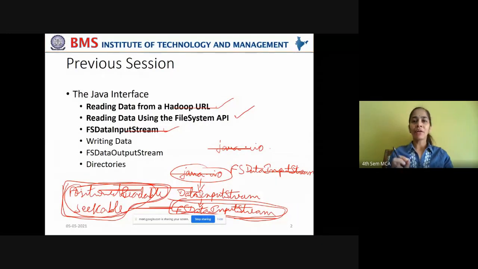They have an abstract method, get position, which will help us to seek the file cursor position in a file from where we can read the data. So you need not compromise to read the data only in a sequential manner. You can read the data randomly also. You can read the data dynamically from a given file position, and you can place the file pointer at a given file position by using seekable and read from there itself.